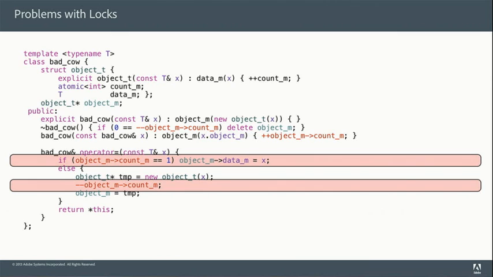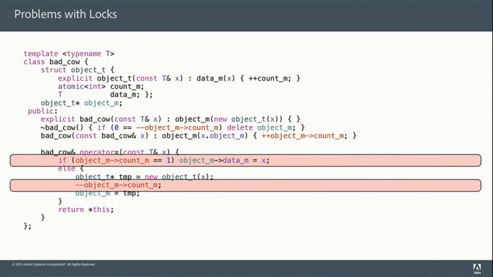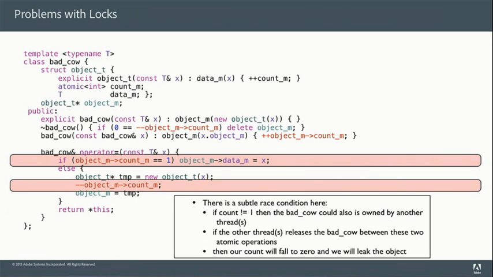Yeah, the else clause is supposed to be executed if someone else is holding it. By the time you get there, that might not be true anymore. Right. Specifically, if somebody else is holding on to this at the time I do that first check, I'm going to fall into the else clause and make a copy of my object. While I'm making the copy, somebody else could let go of their reference. At the time that I do my decrement, I'm not checking to see if I need to let go of the object with that decrement. So I'm doing my decrement, somebody else let go, and now I've got the only reference. My ref count falls to 0 on that last decrement, but I didn't delete it.